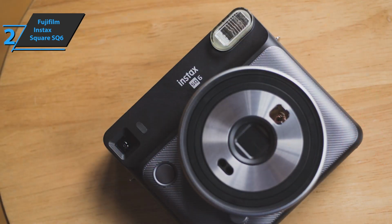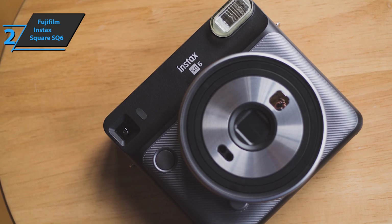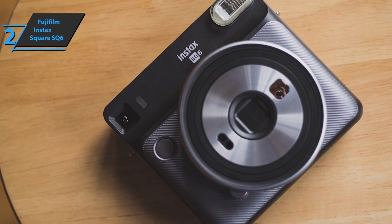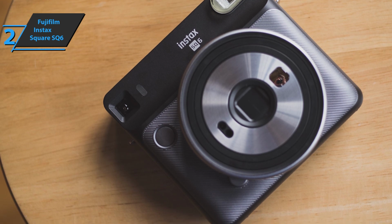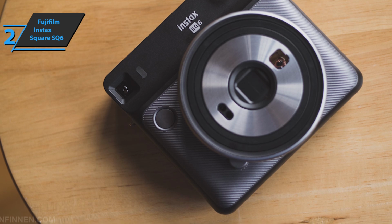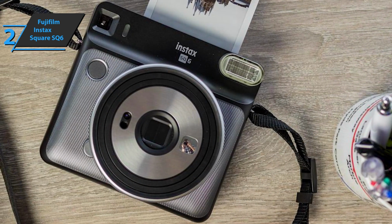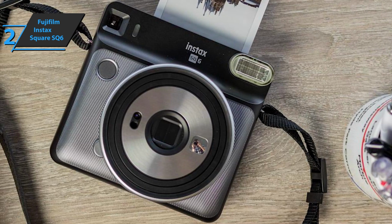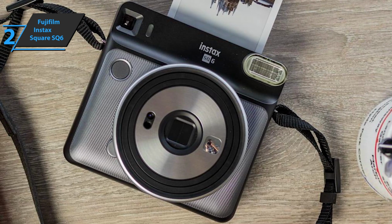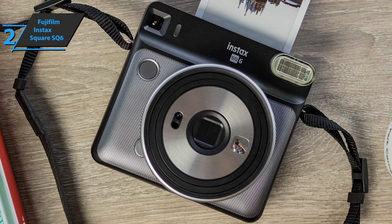The device also has an automatic adjustment function. To access it, all you have to do is press the shutter button and the camera will do all the work. It detects ambient light to make the necessary adjustments and give you the best possible photo. Furthermore, the Fujifilm Instax Square SQ6 comes with 3 image models: dual exposure, which can overlap 2 images in one; macro, which allows us to take pictures from a short distance up to 12 inches with great precision; and landscape